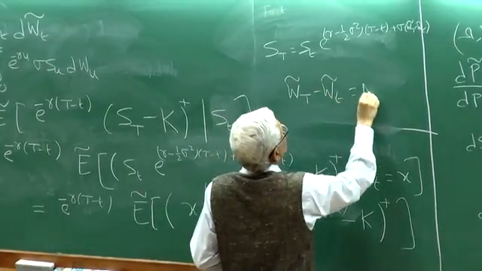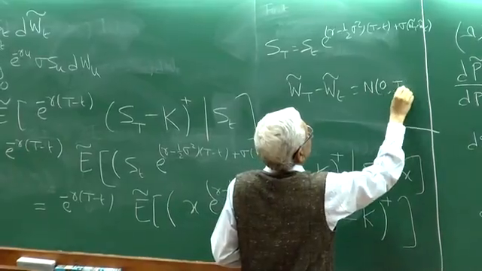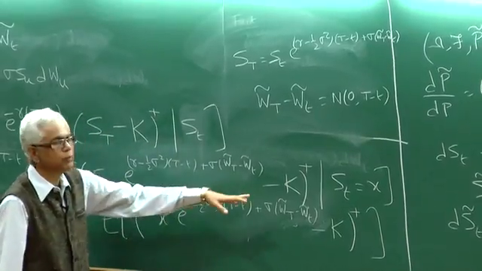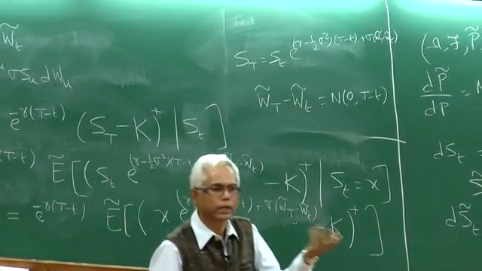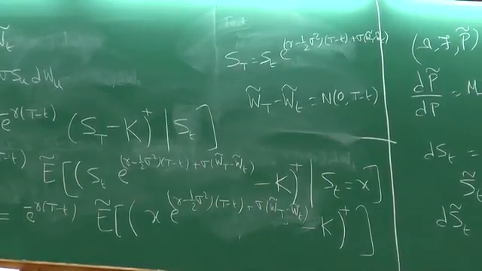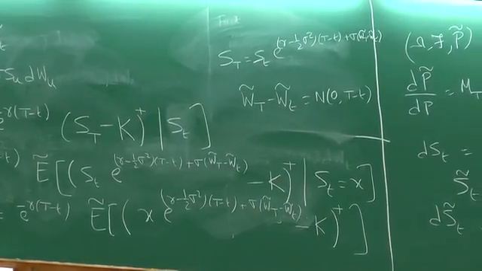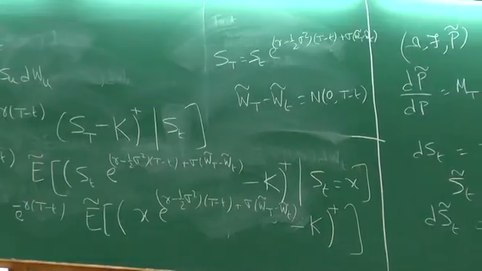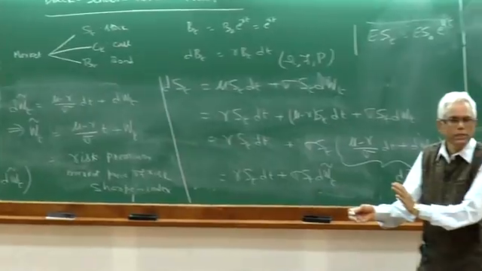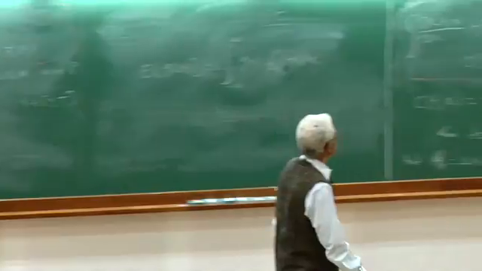This is normal, 0, right? So this is the normal distribution. So e to the power of that will have a log normal distribution. You can compute its density, and then once you compute its density, you can compute the integral, just an expectation of a function of a random variable with respect to the log normal distribution, and you will get exactly this